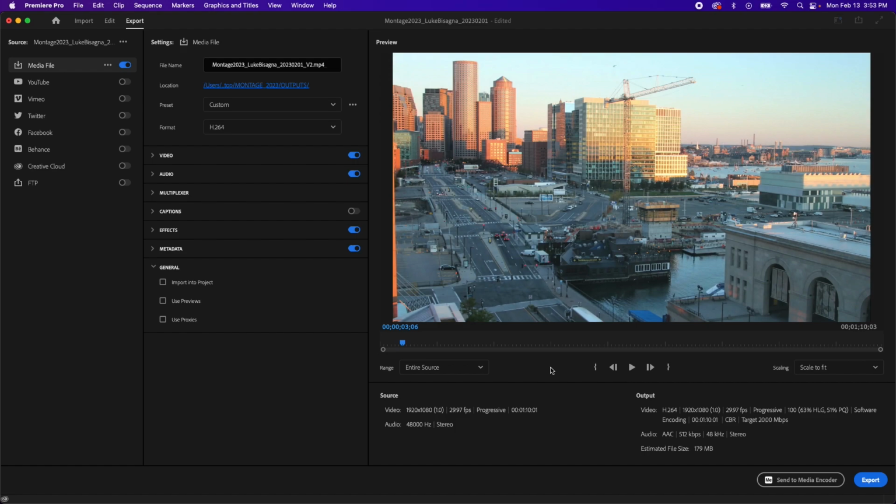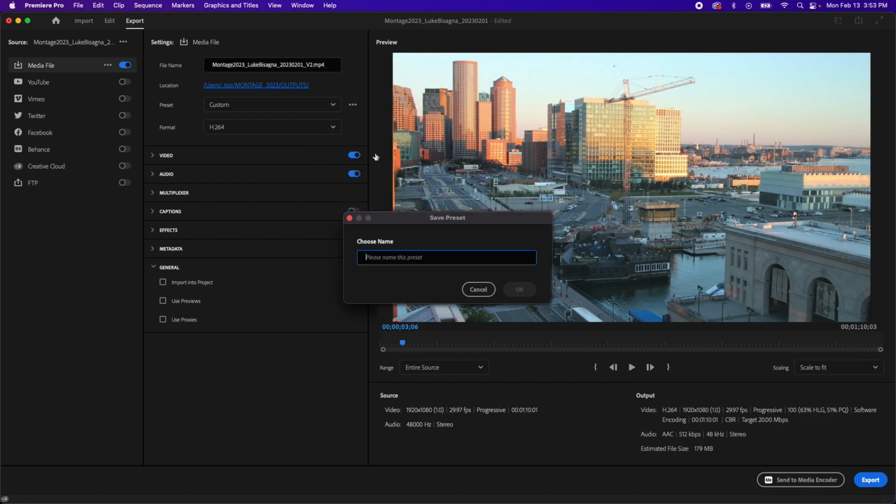Okay, so now that we've configured all these settings, we're going to save this entire setup as a preset so that next time we go to output, we don't have to reconfigure all these options. So in order to do that, we're going to go up to the preset line here, and right next to the dropdown are these 3 little dots. We're going to hit those and choose Save Preset. And we're going to name this. And I'm going to call this